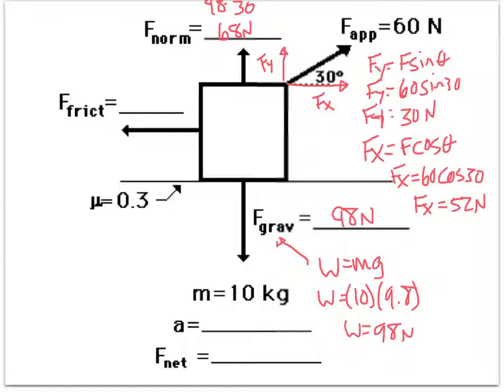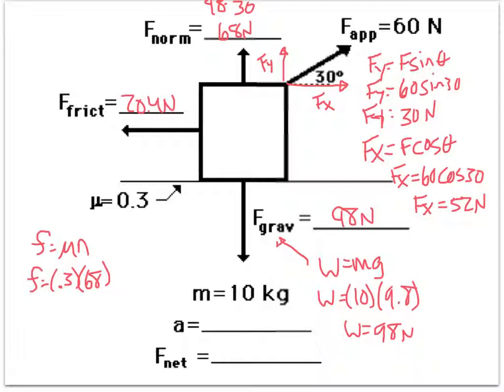And the amount more is based on this ratio right here, this coefficient. So if I use my friction formula, friction equals coefficient times normal force, my friction equals 0.3 of my normal force, which is 68 newtons. So 68 times 0.3 gives me